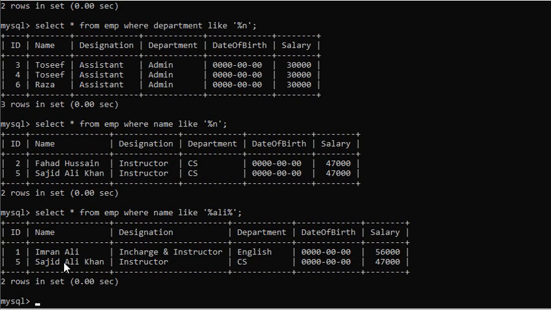There are only 2 records, 2 values in the table whose value matches with our pattern Ali. So it returns the records.